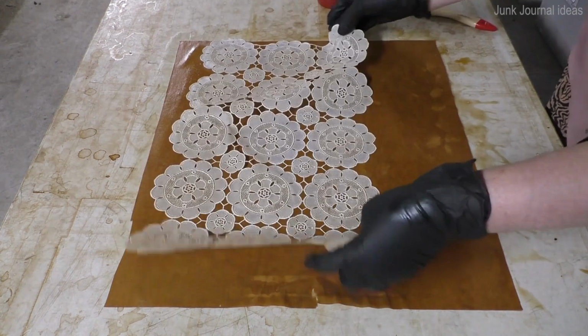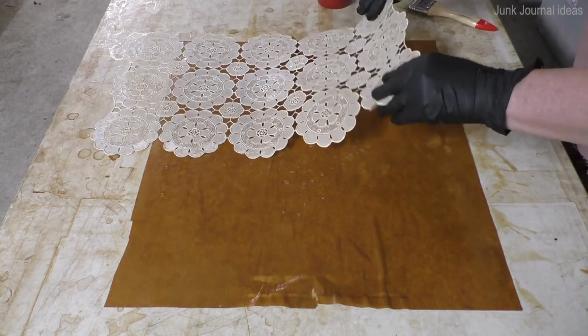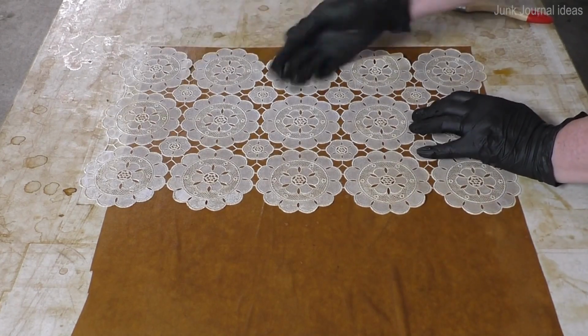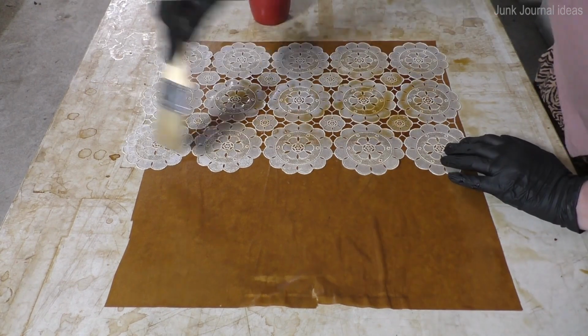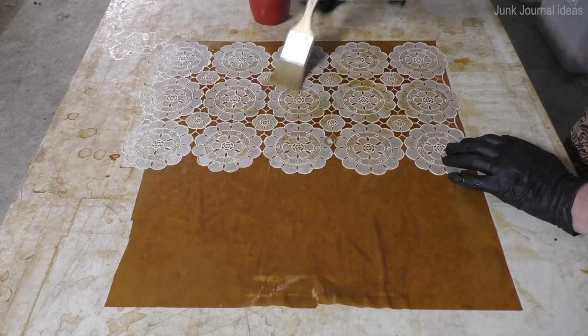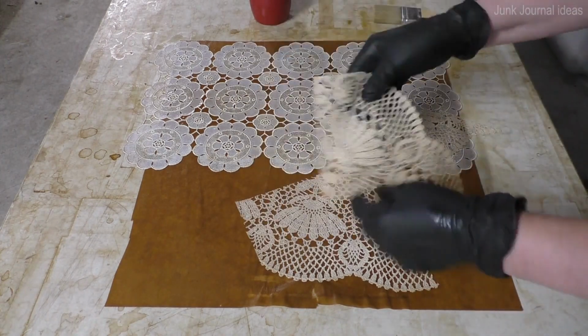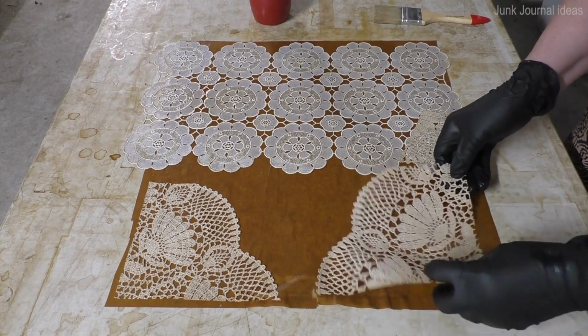So this is a vintage doily that I got from my friend Deb. Thanks, Deb. I've used this a couple of times now. I love it. I'm going to add a little bit more coffee water on the top and use the paintbrush to make sure that it's nice and flat. These are some offcuts of my vintage lace and I'm just going to fill in the ends here